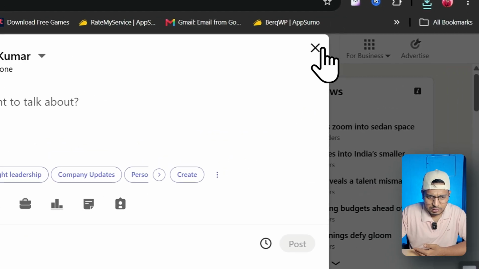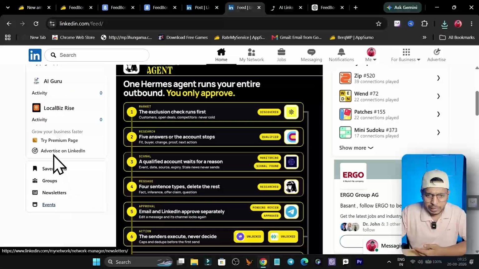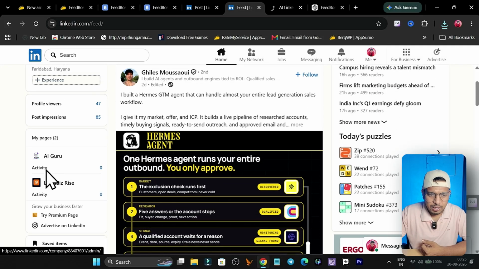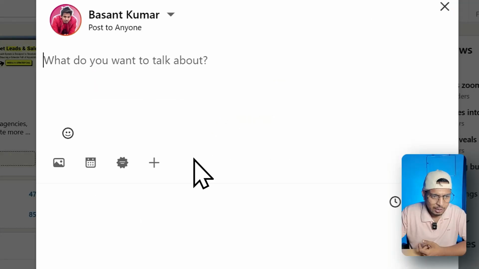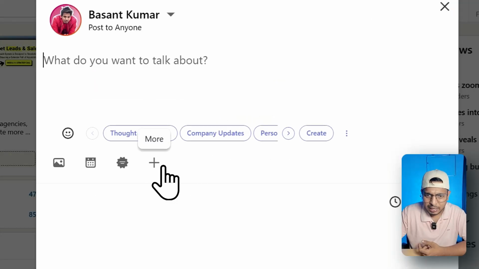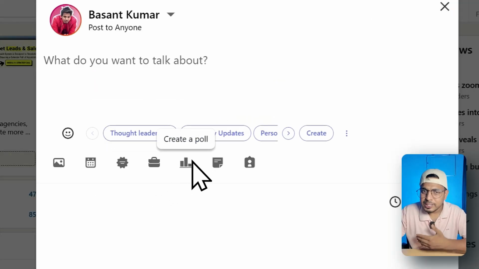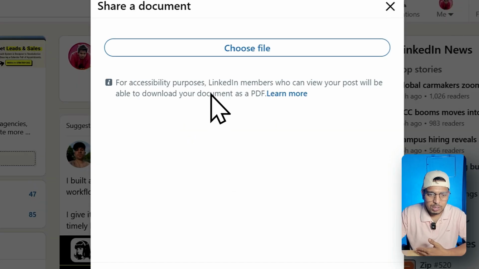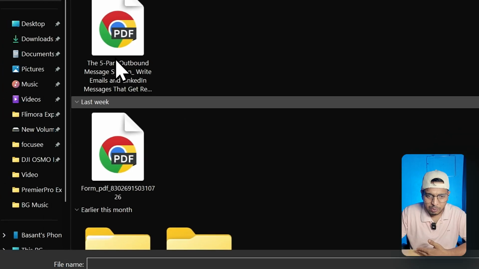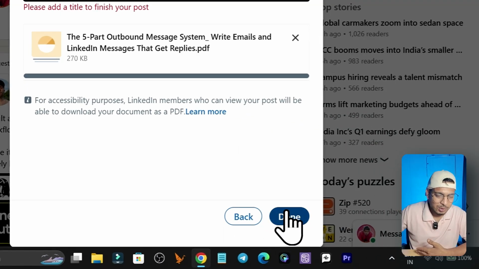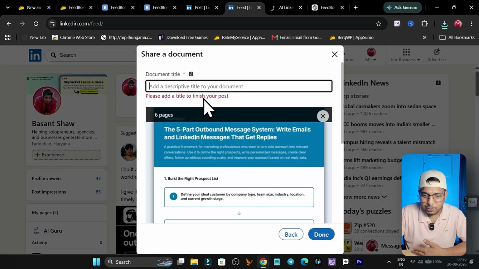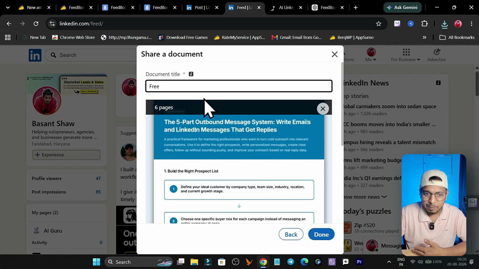Plus. Okay, I think I need to add the freebie on my post here, because there is no PDF adding option. I don't know why, or maybe I am doing something wrong. You can just let me know in the comments what I am doing wrong, so I can understand and learn about it. Yeah, add the document. From here I can add the document, sorry. Okay, so this is my document. By default you need to add it or ask for the comment.